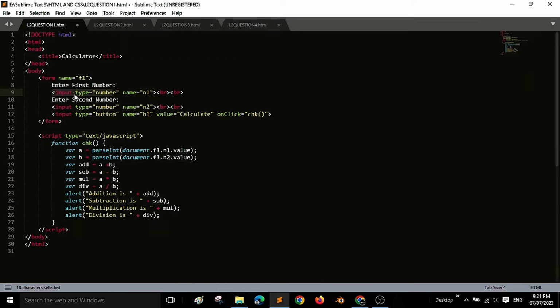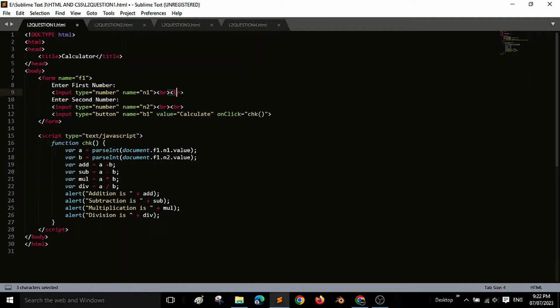Now I'll explain you in simple terms. By just giving the name as enter first number or enter second number, it won't just accept the numbers. It can accept the alphabets, symbols or anything, as we didn't command it to take only numbers. So basically this line will help us to do that. Now writing input type is number will only accept the numbers, no alphabets, no symbols or nothing, just numbers will be accepted from the user, and they both are named as n1 and n2 respectively.